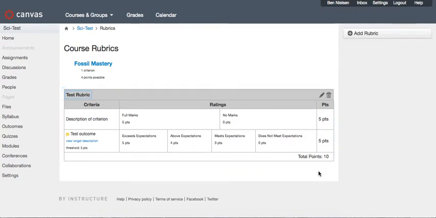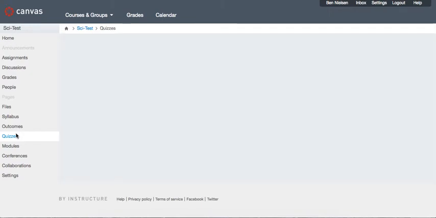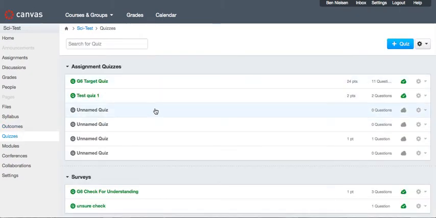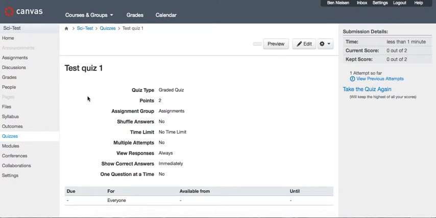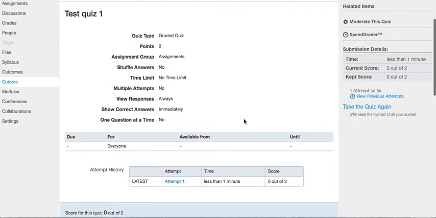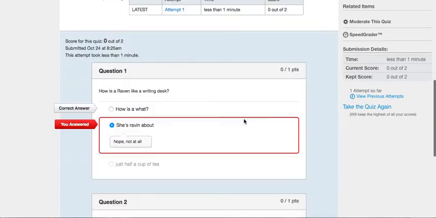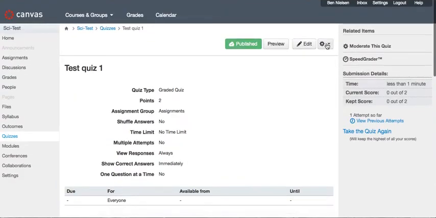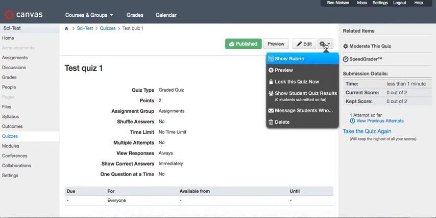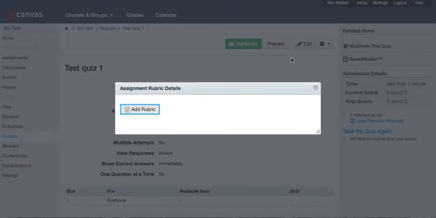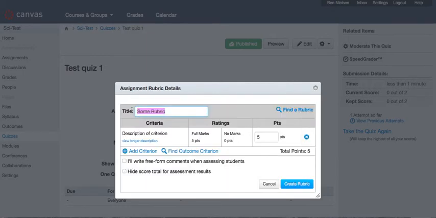And we've got it. Now what you can then do is put this rubric onto an assignment or a quiz. So let's just take a look at that. If I go to quizzes, and I go to our test quiz, you can see we've got this test quiz in here. Then show rubric and add rubric, find a rubric,